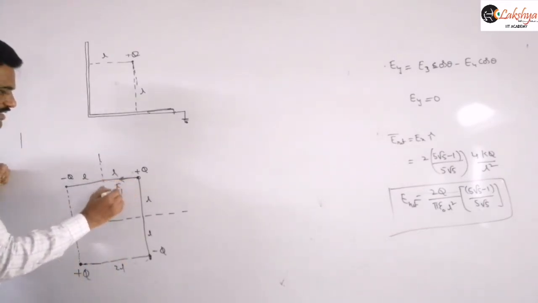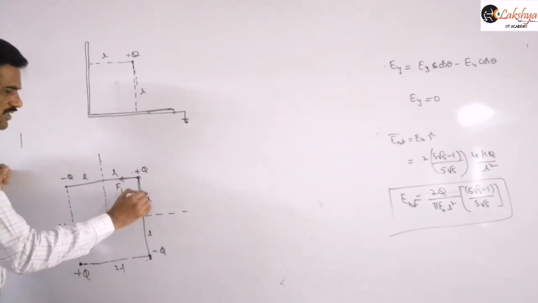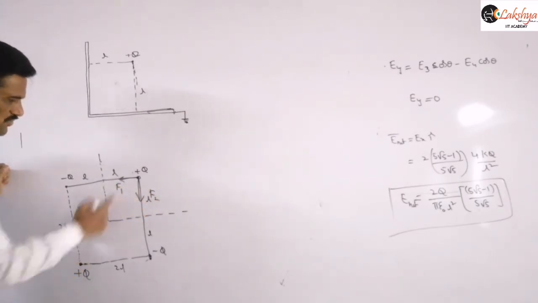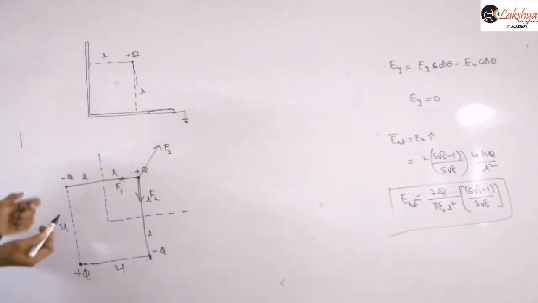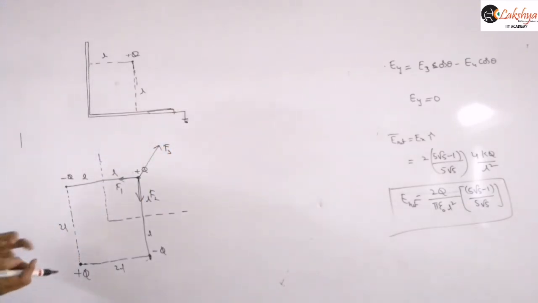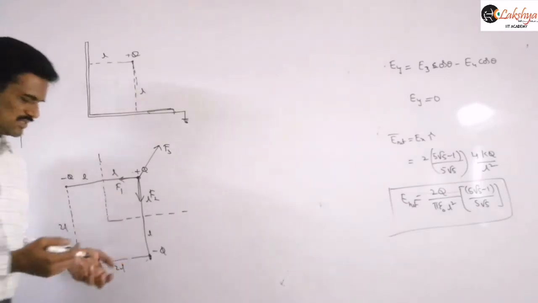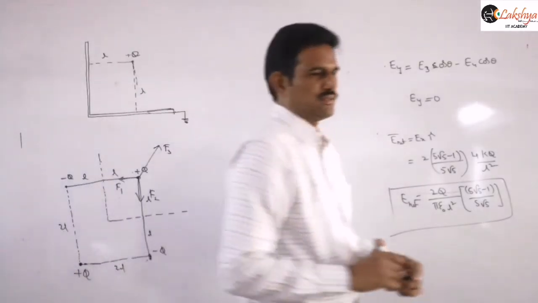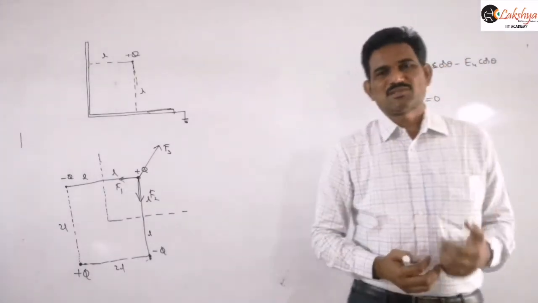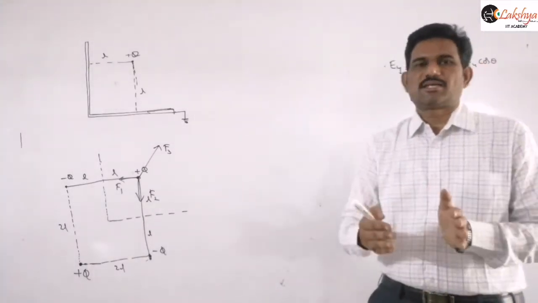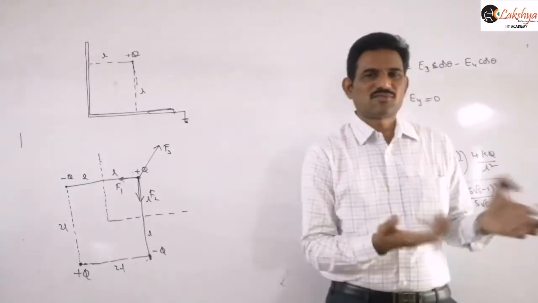Suppose I take F1 as attractive like this, and F2 attractive like this, and the force between them will be repulsive like this, F3. You can do those calculations there, right? And simply the distance of this side of the square will be 2L. So that is a simple image method to find the force between a conducting plane and a point charge or a given charge distribution.